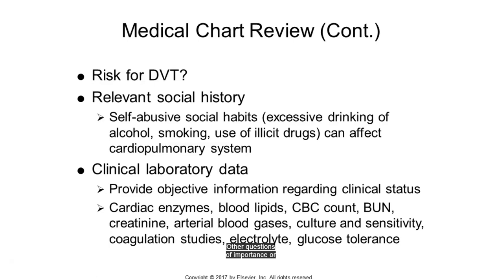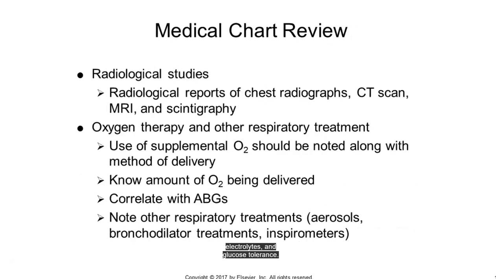Other questions of importance are social history that can affect the cardiopulmonary system, such as illicit drug use, smoking, and excessive alcohol consumption, and lab data might give insight to clinical status. Lab data may include cardiac enzymes, lipid levels, CBCs, BUN and creatinine, ABGs, cultures and sensitivities, coagulation studies, electrolytes, and glucose tolerance. Further important information to review are the chest X-ray and other imaging results such as CT or MRI,